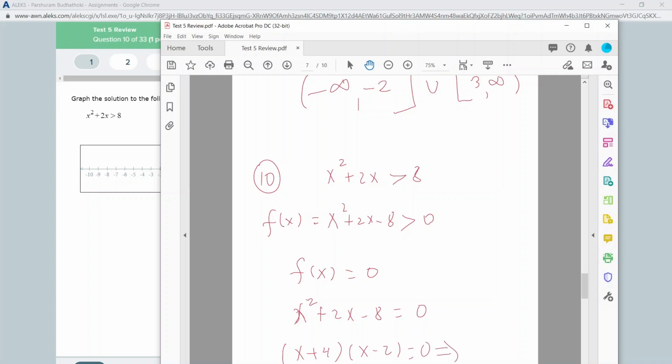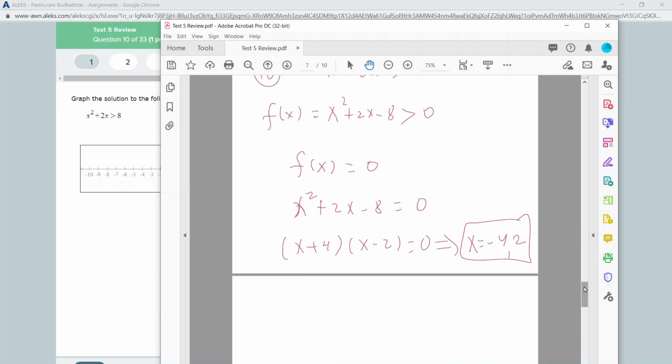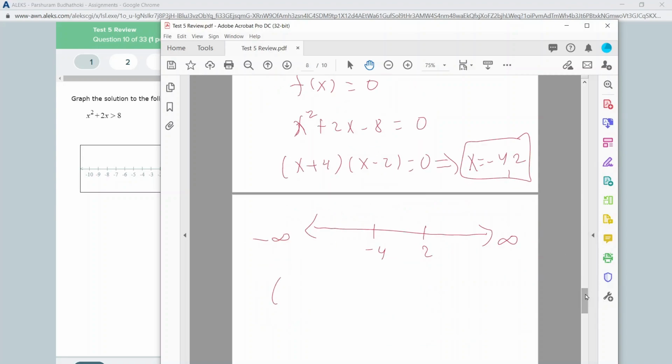You can use the factoring method, or the formula, or the square root property. That's up to you. It gives me negative 4 and positive 2 are the two zeros. So I'm going to repeat the very same thing like we did in problem 9. We have to just split this real number line by using these two zeros. Negative 4 is here, positive 2 is here. So we have 3 intervals